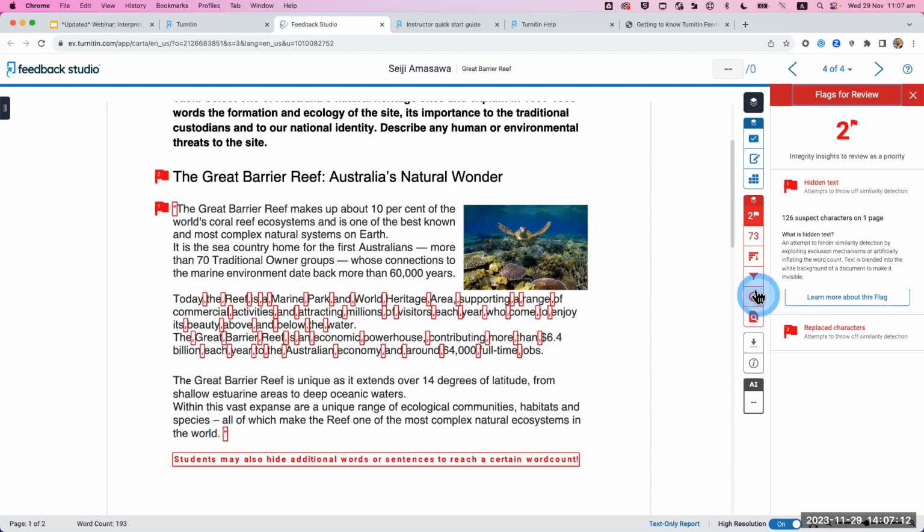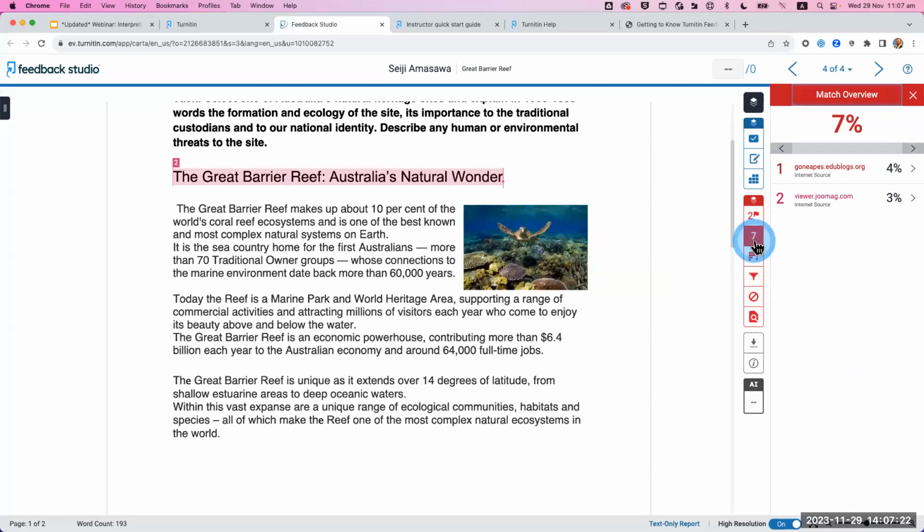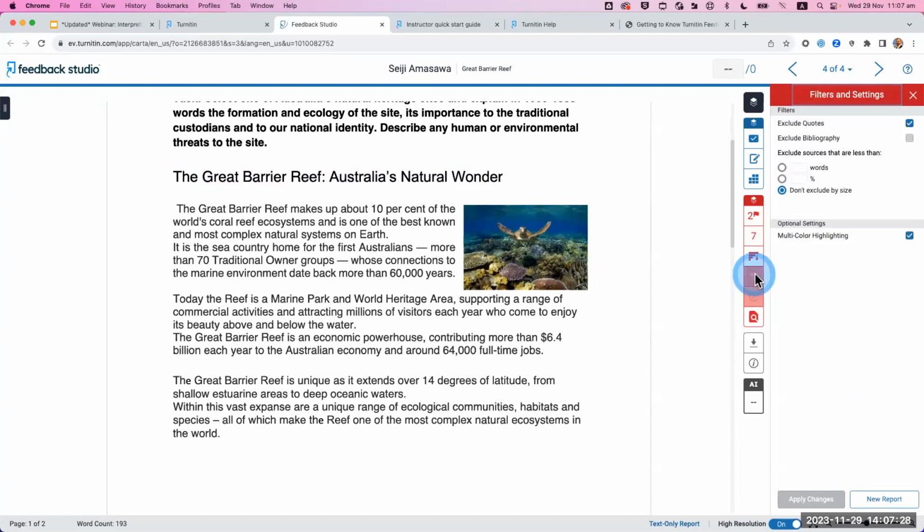So if I just show you that very quickly, what that looks like, exclude quotes, and then apply those changes, you can see that this score is going to drop to 7% from 73. Okay, so you do have to be mindful if you are using the exclude quotes feature that students are aware